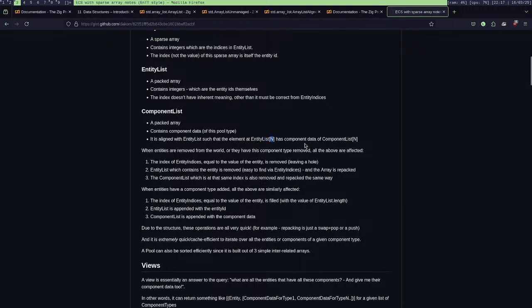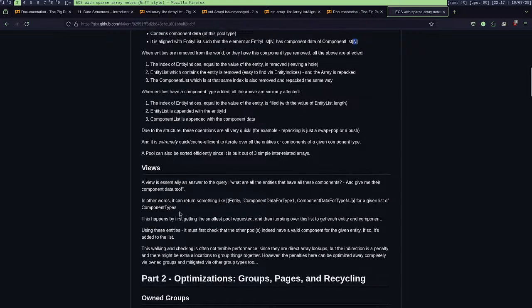Entity list N, component list N. So this should probably be done for, I should have a sparse set for each different component type, I think. But then what about the views?